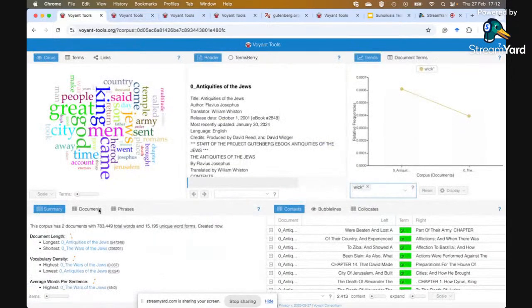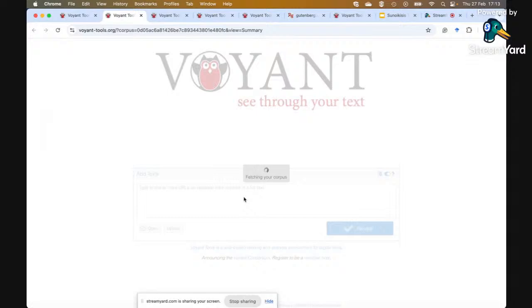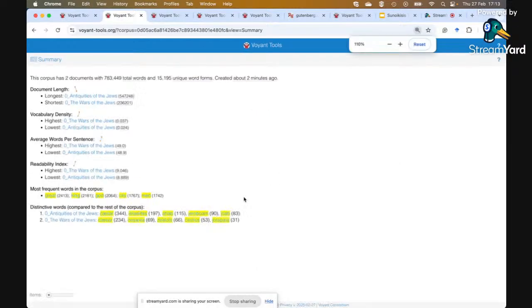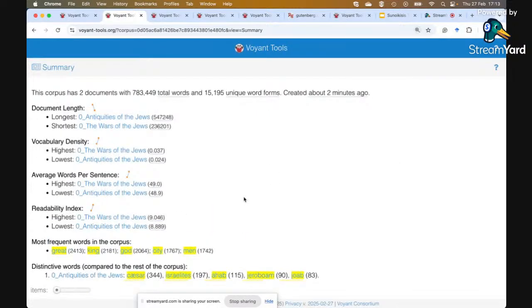Lastly, I will show you this panel at the bottom left, the summary panel. I talked about different distances. I think this is the most abstract kind of summary of the data. So here you see more abstract numbers about both texts. Document length is maybe not very interesting. It just shows you that the Antiquities of the Jews is twice as long as the War of the Jews. But more interesting are measures, and again, I'm talking here about things we try to measure, such as